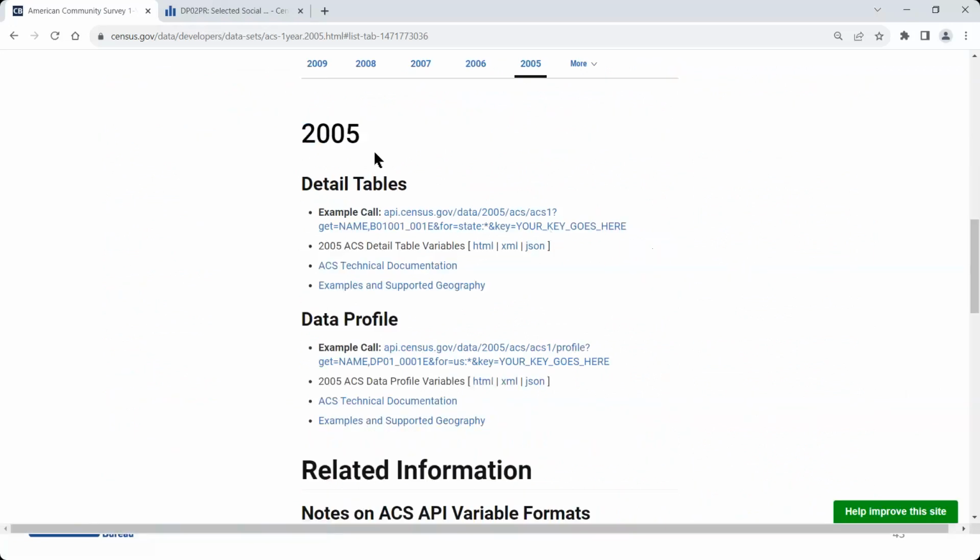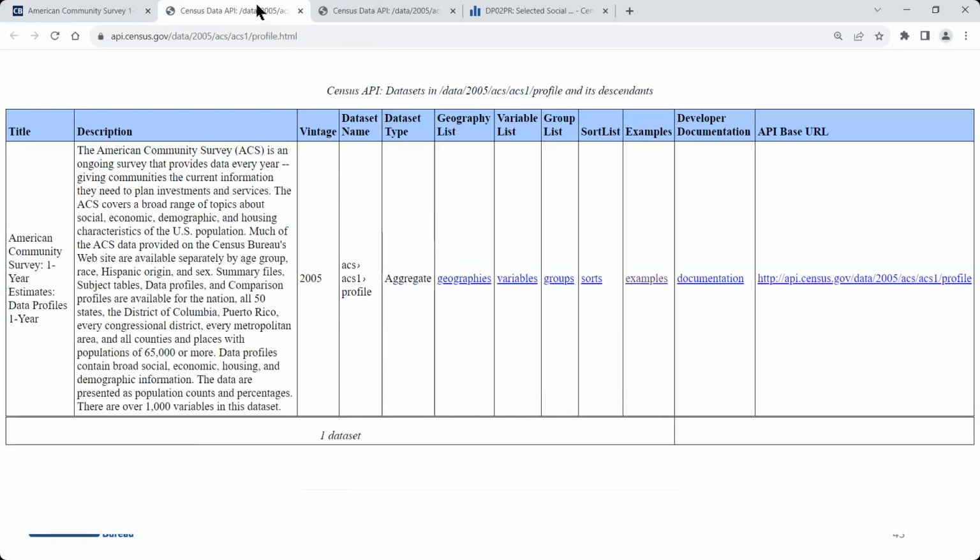So from 2005, there were actually only these 2 data sets available. The one we were looking at, that DP02PR table, is a data profile table. So what I'm going to do, similar as we've done before, is open our examples and our variables in new tabs. So once again, I will open the examples and supported geography here, and then I will open the HTML link for variables here. So we'll start on this examples page here, and actually this one does take me directly to the dataset page, so I'll have to click one more time like we did on our decennial census example into the examples link here to help us start building out our query.